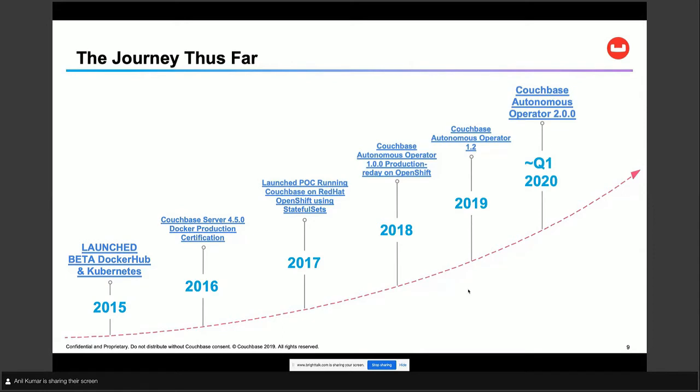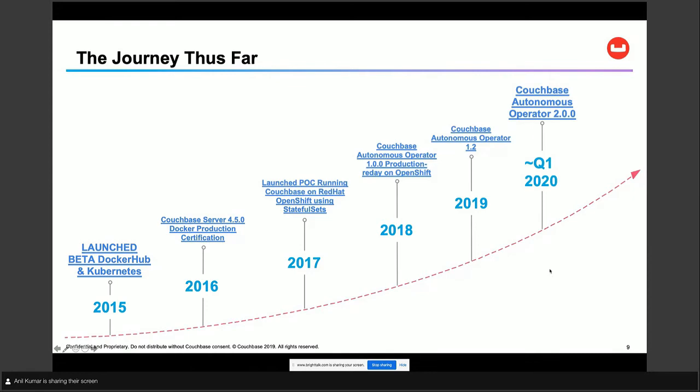In 2018, we productized this POC and created a product called Couchbase Autonomous Operator for Kubernetes, which is also production certified on Red Hat Openshift. From there, we have added some major enhancements in 1.0 and then 1.2. And now we are working on our next major milestone, which is 2.0, targeted for the end of Q1 2020.